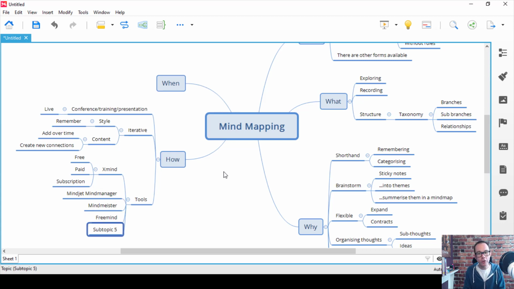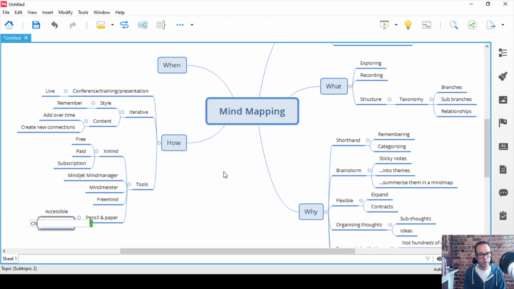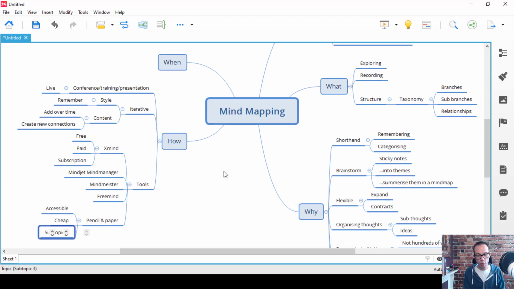However, we shouldn't overlook the power of a pencil, or a pencil and paper. Don't think you have to use tools. The pencil and paper or coloured pens or whatever, actually they're very accessible, they're cheap, they're more flexible than a computer type tool.